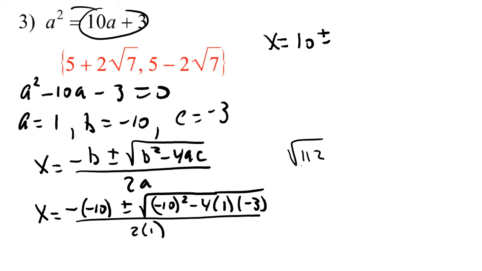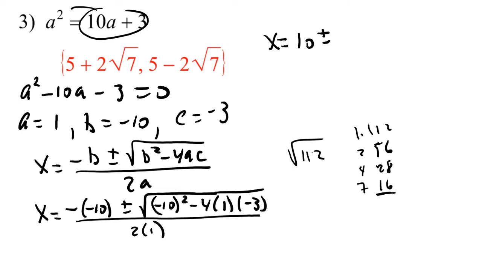And so then I always like to simplify it. So then 1 times 112. 2 goes into it, 56. 3 doesn't go into it. 4 goes into it 28 times. 5 doesn't go into it. 7 goes into it 16 times. Okay, so at this point I'm going to stop because I know 16 is going to be my largest perfect